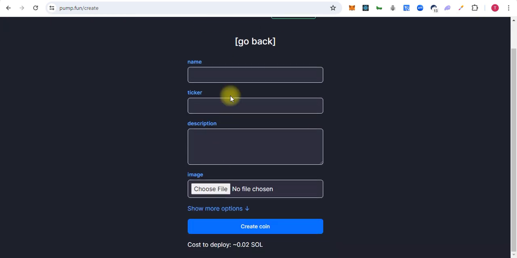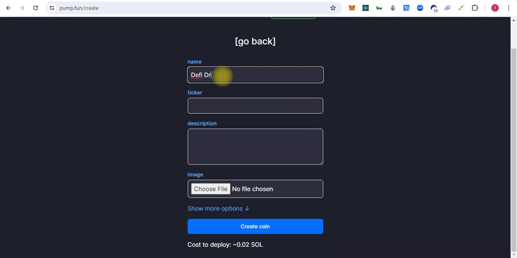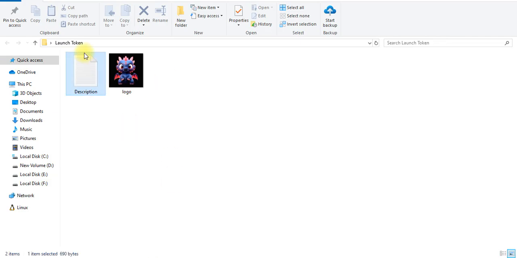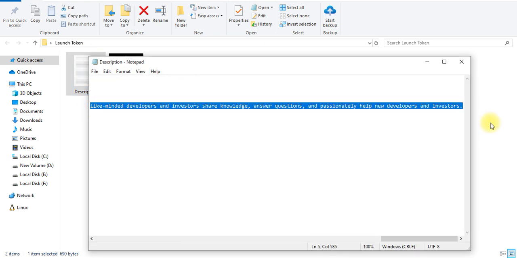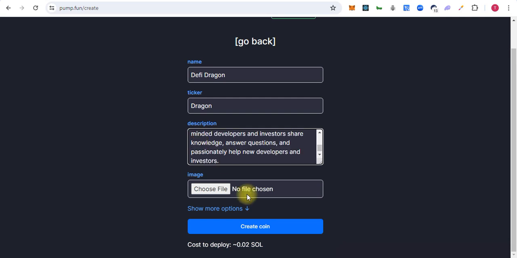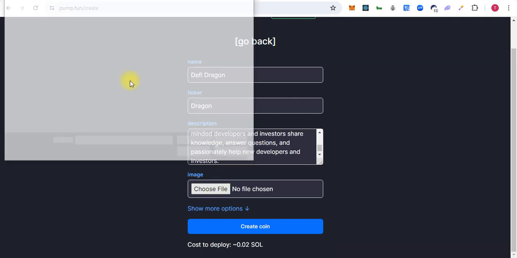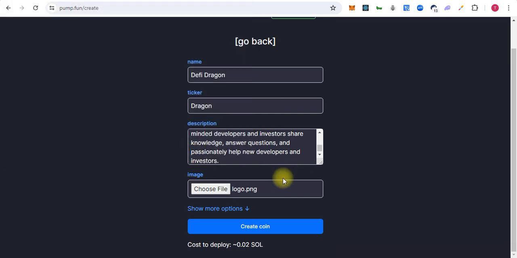We have to fill in this information like our token name, and here is the description. Okay, so we can copy this description, choose the file from here, the logo and the